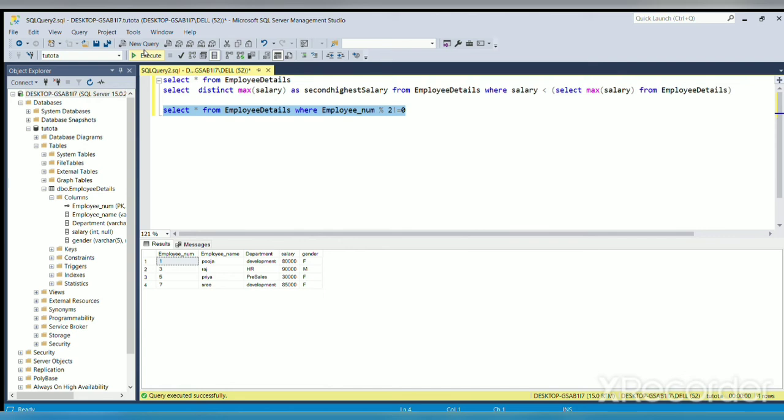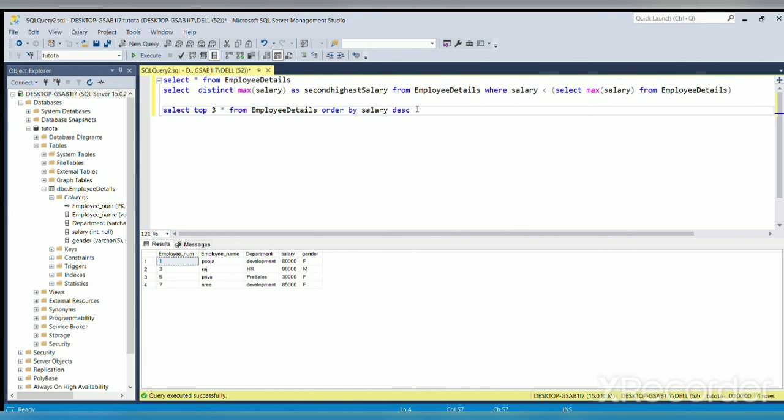Now the next query is that you need to display the top 3 highest salaries earned by the employees. For which we will use select top 3 star from employee details, where we have to sort the table by salary, using the order by clause, order by salary descending.